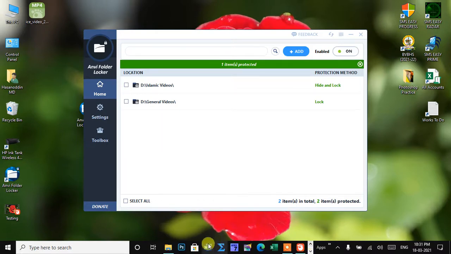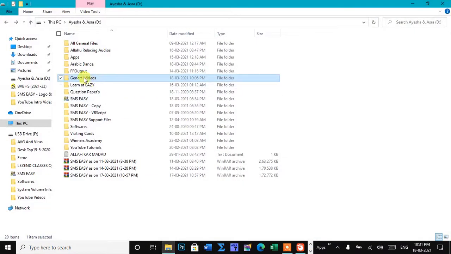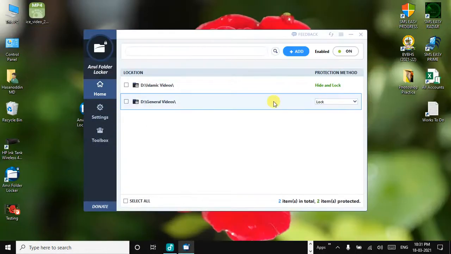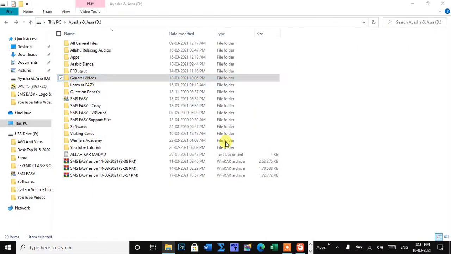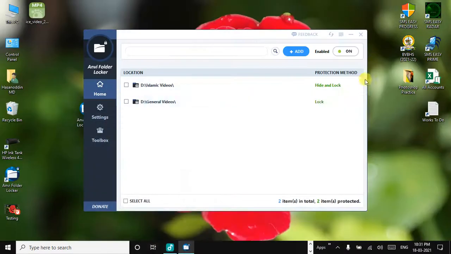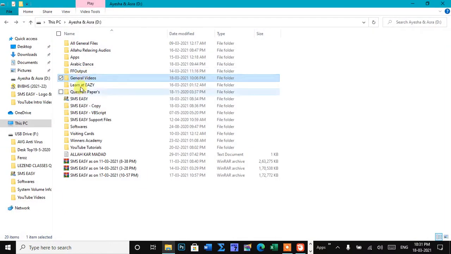So see, we have selected lock option to the general videos. So it is locked, but it cannot open. Okay. And we have selected hide and lock to the Islamic videos folder. So it won't show and it will lock. See, the Islamic videos folder is not showing.